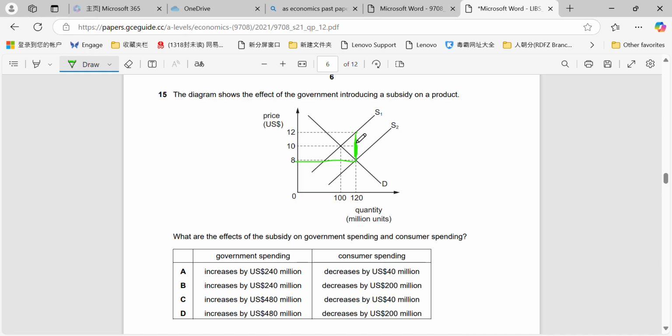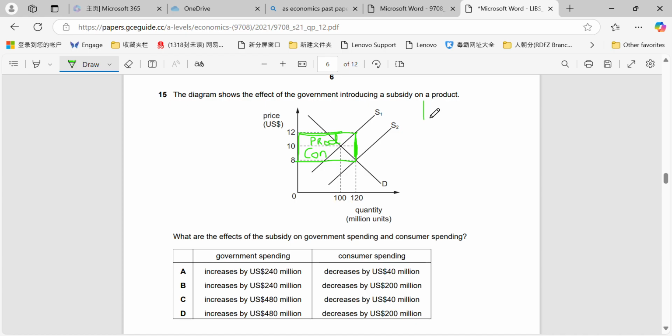So it includes the value of the subsidy that the producer is receiving and the value of the subsidy that the consumer is receiving. Here is the consumer benefit from the subsidy, and in here is the producer benefit from the subsidy. The producer benefit is what they get to hold from the value of the subsidy, essentially like free profit. Consumer benefit is the difference or the lower price that they're paying, which we can see is the difference from what they were previously paying at $10 to what they're now paying at $8.